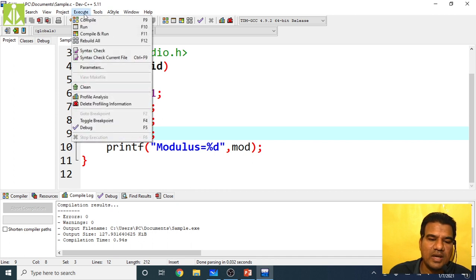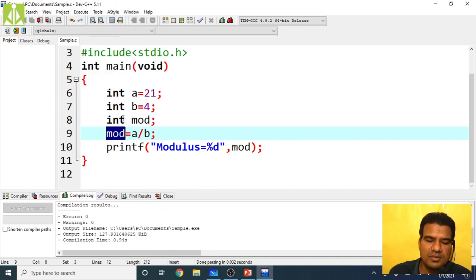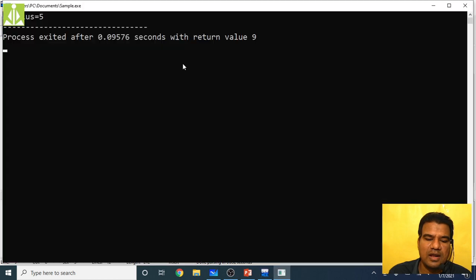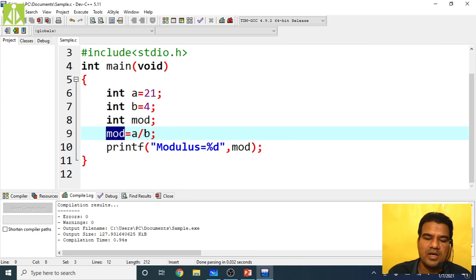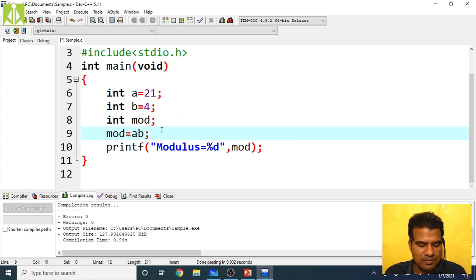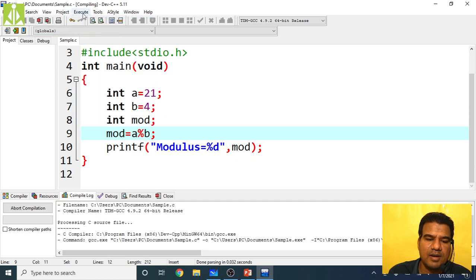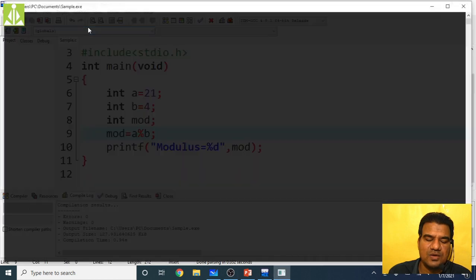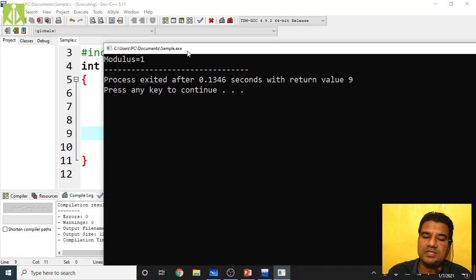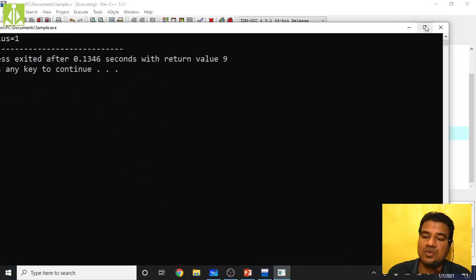Likewise, simply go execute, compile. Okay, it is correct. Now again go run. See, you are getting no output. Again I have to change the symbol over here, the operator, that is the modulo division operator. Save it, compile, execute. Sometimes I will make mistakes deliberately, because from mistakes only we will learn.